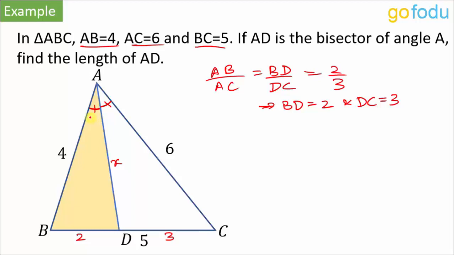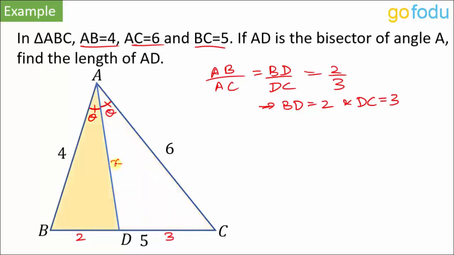See, the cosine rule can be applied if any two sides and any one of the angles is given. It need not be the included angle. We can get the third side by it. Only while writing the formula, you need to consider two sides and the included angle. Now we know something about this angle, that this angle is equal to this angle. So we can apply the cosine rule in this triangle ABD, and we will get an equation in theta and x. Next we will apply the cosine rule in this triangle ADC. Again we will get an equation in theta and x. We have got two equations in theta and x, two equations, two variables, easily solvable.